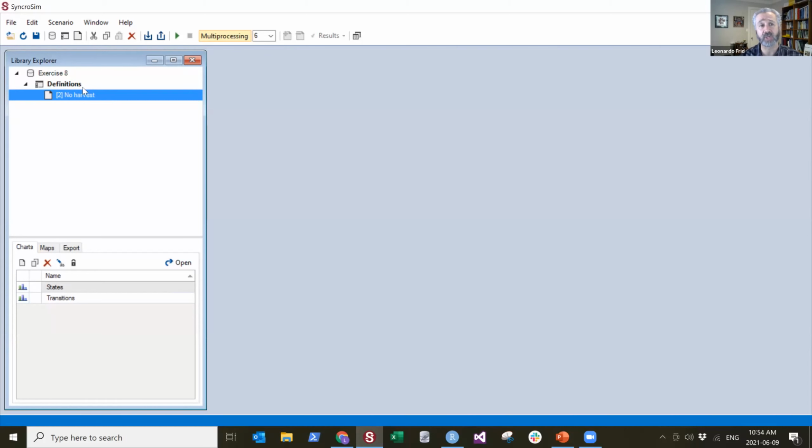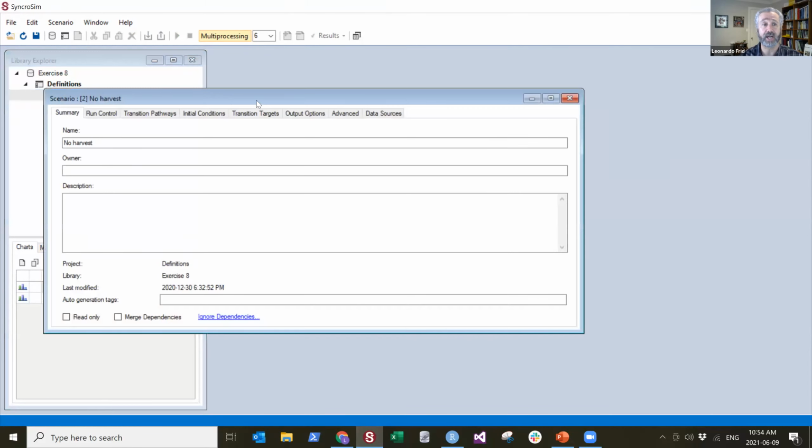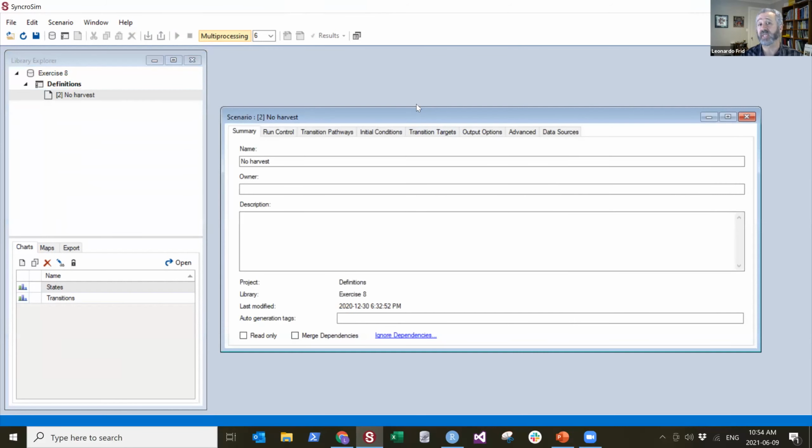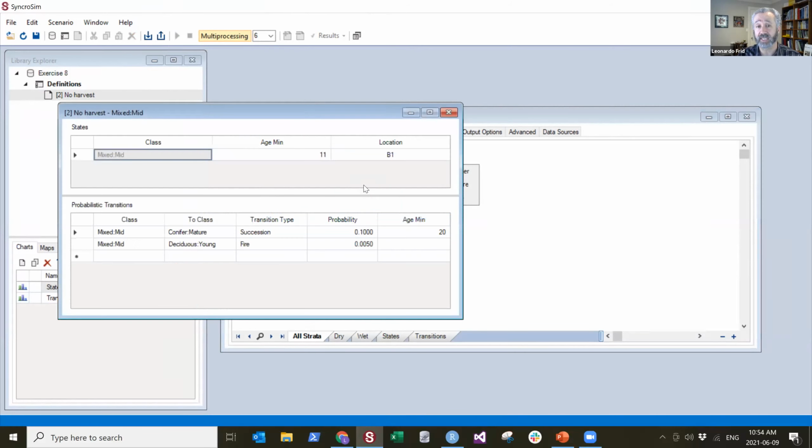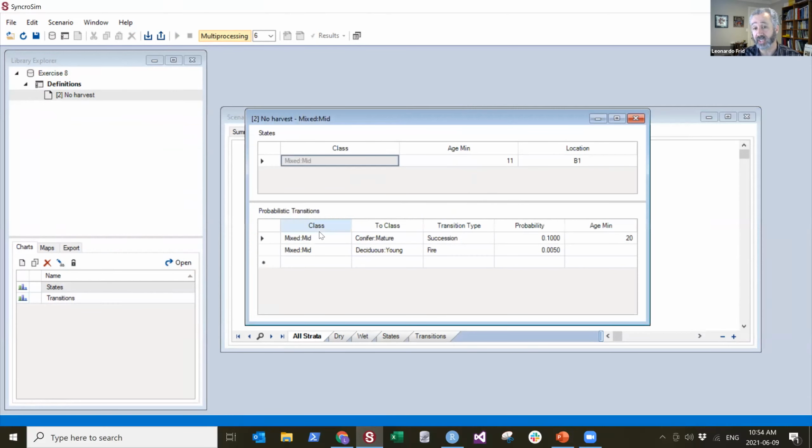Here I have what we call a model scenario, and if I open it up, I can see all of the settings for the inputs for this scenario. One of the things you'll be familiar with is the transition pathway. This is that very simple example of a model that I showed earlier on. It's got the deciduous, mixed, and coniferous state classes. If I double click on one of these state classes, I can open and see the transitions in terms of their outcomes: succession from mixed to conifer happening at age 20, and fire from mixed to deciduous happening with a probability of